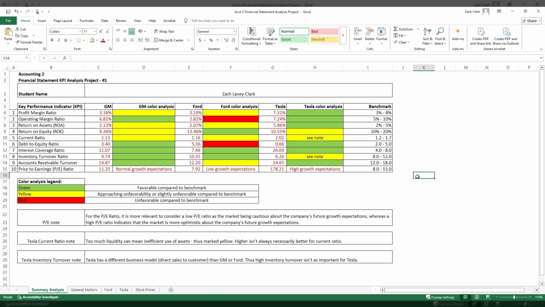And maybe when you're out there in the working world, you might see some opportunity to create things like this for businesses that you might be looking at. Again, it might not be a public company that has stock information and you're comparing to other big companies per se, but every company has key performance indicators that it would benefit from looking at, as a process of managing the overall financial position and making sure that the company's progressing in the way it wants to. And if you see red on your analysis template, that's a good step to stop and say, whoa,